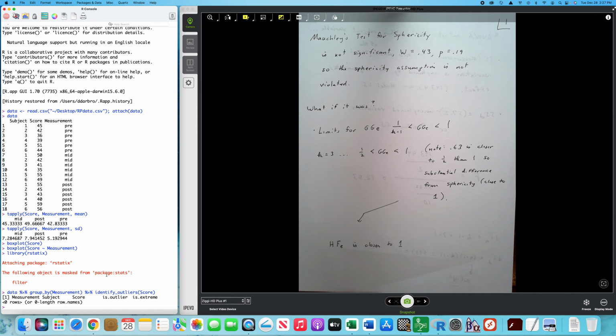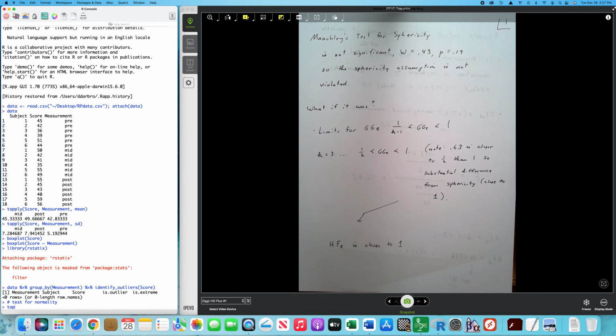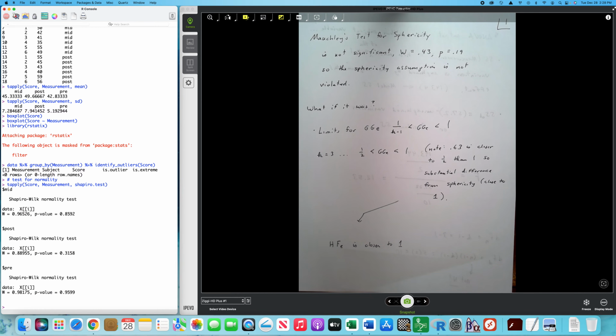Next thing I probably want to do is run Shapiro. So I want to test for normality. I would run again t apply. I'll tell you what, let me just go up and get it and just run the Shapiro test. And what this does, it gives me the Shapiro test for each of the measurements, the pre, post, and mid. And I examine the p-values. All the p-values are above 0.05, so normality is not a concern for me